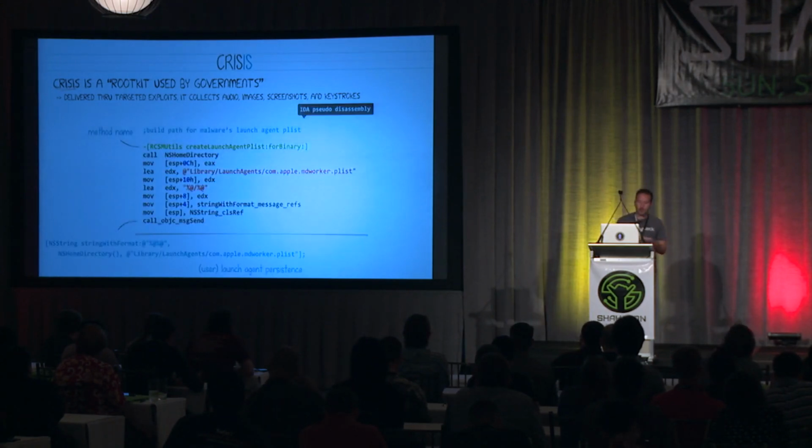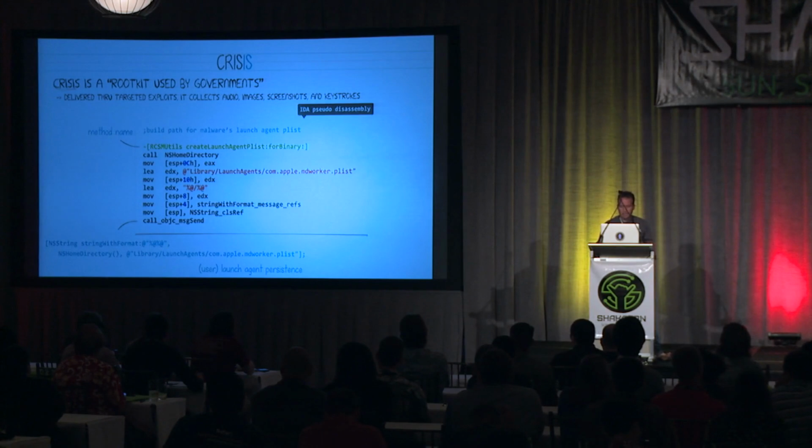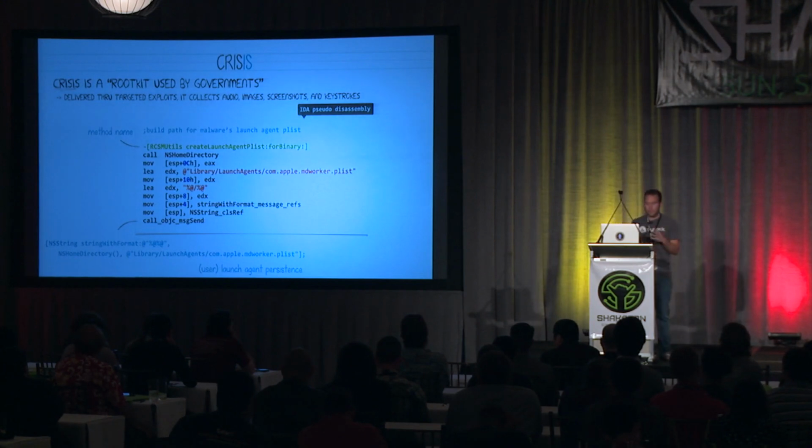So if we look at the pseudo disassembly from variant C, which was, I believe, discovered in January sometime of this year, you can see the malware is building a path to a file within the user's launch agent directories. So in other words, it's attempting to persist as a launch agent. I find it kind of interesting. You have this really sophisticated OSX malware sample, and it's really using a very, in my opinion, lame or mundane persistence technique that's easy to detect. But I guess it works. There's not a lot of techniques to prevent this, so the attackers just went with the simple way.